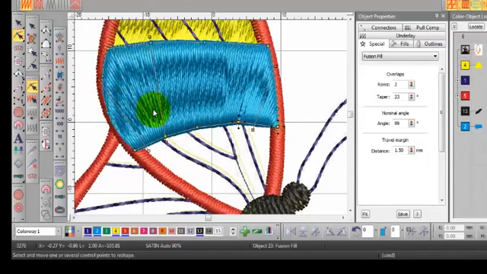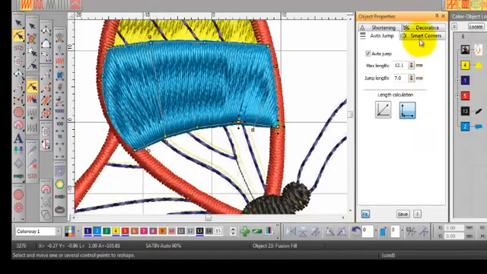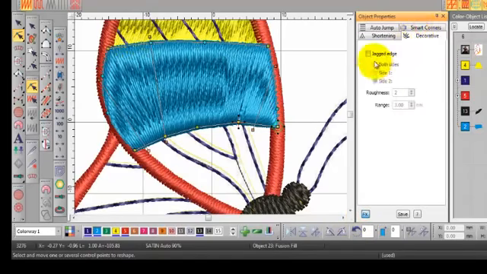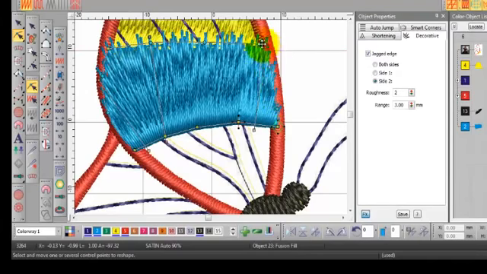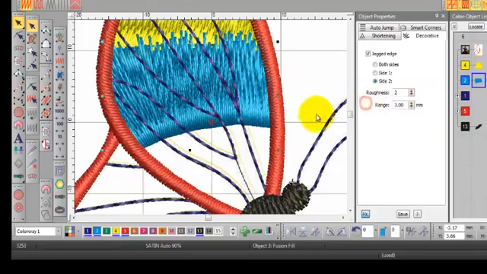And the other thing I want to do now is under our effects button, go to decorative and turn on some jagged edge. Whoa, that makes a difference. Now I'll just have to draw that in a little bit. Maybe change that stitch angle there so we don't get this bigger problem there, and resequence it. We want it to be done after the yellow. Beautiful. Hit the escape key,